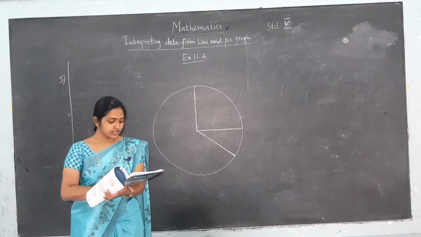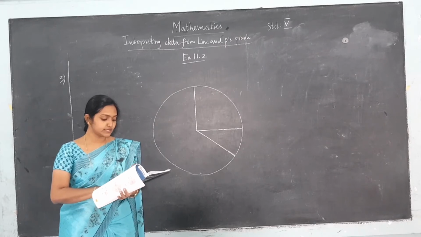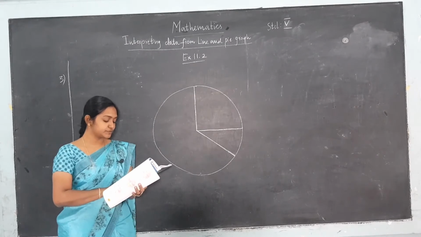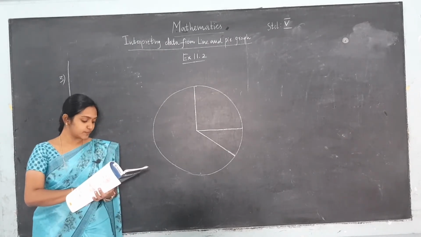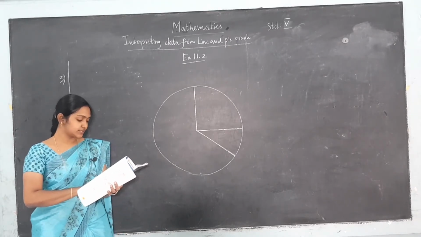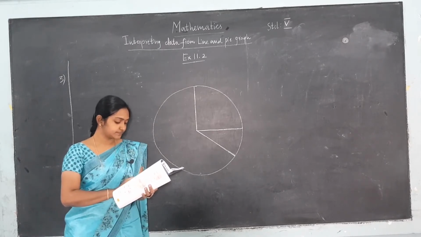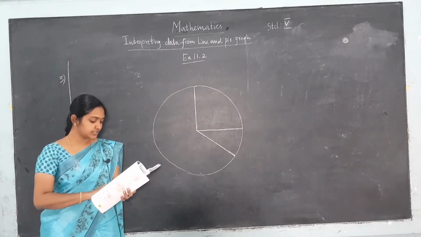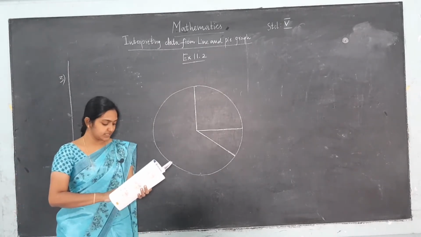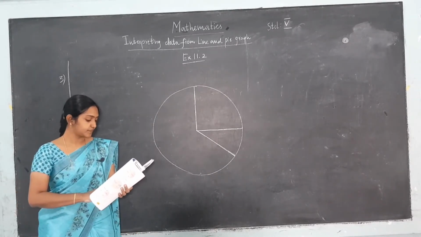The next question is, the table shows the favorite sports of 80 students of grade 5. Calculate the fractions representing the number of students who like different sports and write the names of the sports in the correct sections on the circle chart. Also, give a title to the circle chart. Chart is given. In the chart, sports and number of students is given. For badminton it is 20, for hockey it is 10, for cricket it is 50.